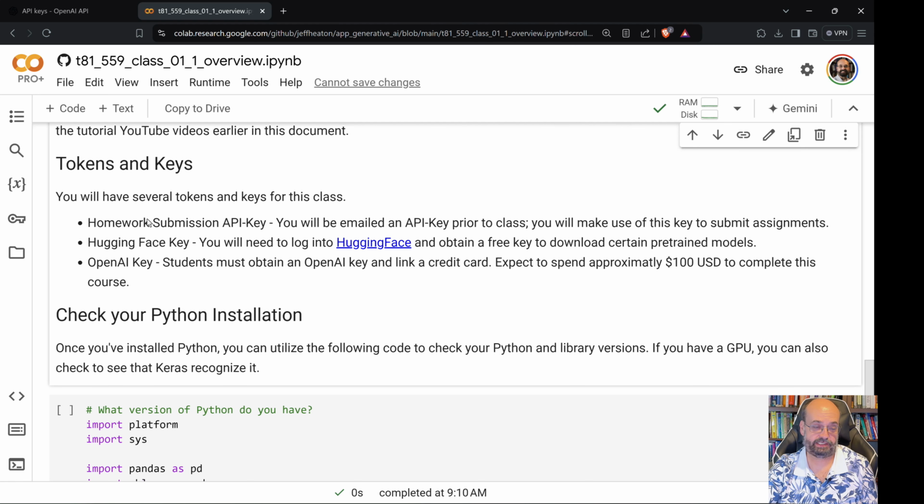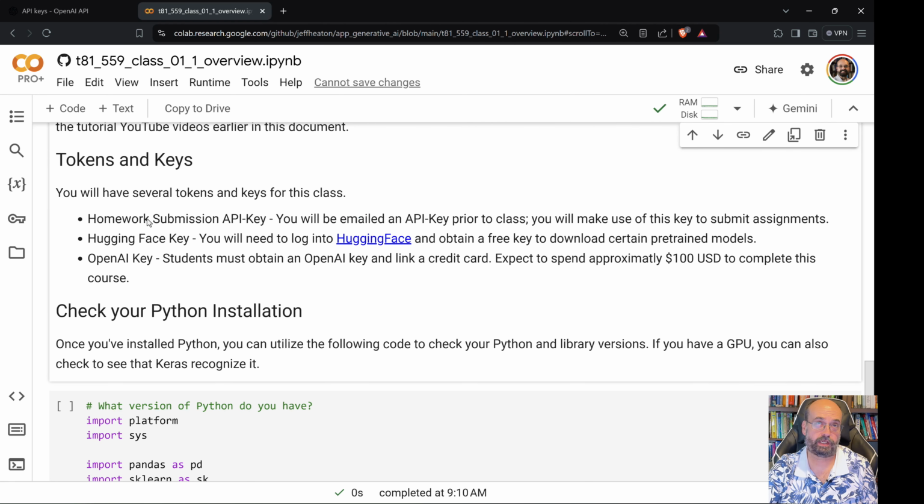Tokens and keys. There's a number of different tokens that you will deal with in this course. These are textual sort of numbers, and it's something that identifies you. So your homework submission API key, you will get that emailed to you, and that is how you submit your assignments in this course. That's really just if you're at Washington University. If you're following this course through the internet, you won't be able to use those. But for those of you in the class,